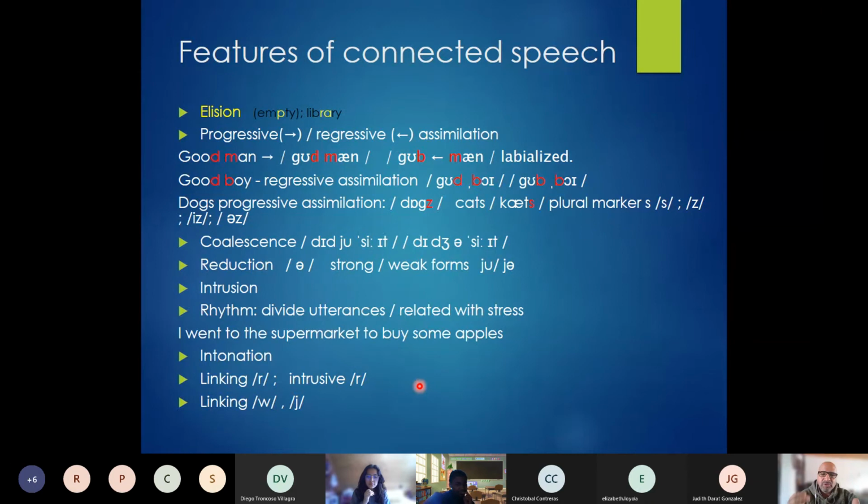101, 102, 103, 104. There's a specific rhythm in English. I'm talking about a general overview of the English language. It's not like you have to talk like da, di, da, di, da, di, da. But in general, there's a specific rhythm in most of the utterances when you use English. I went to the supermarket to buy some apples. Because if you say it with the wrong rhythm, it sounds a little bit weird, doesn't it? Or not really to you.